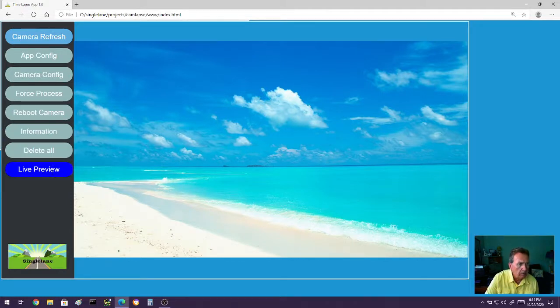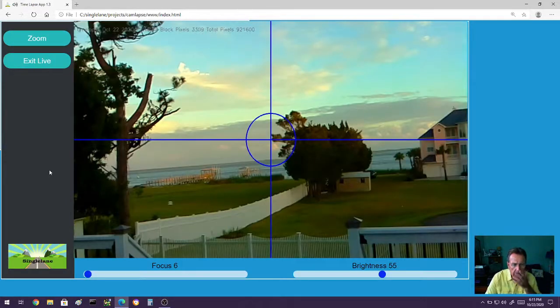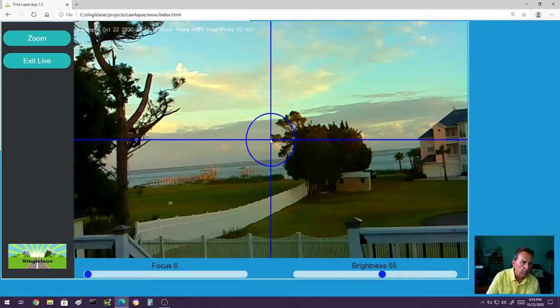Now here is the live viewer. The way this works is that the crosshair and the circle are used so that you can, say, for example, you were taking a time lapse of a flower blooming. What you'd want to do is take the crosshair and the circle and position it someplace that's fixed, like the edge of the flower pot, or you could put a push pin in the wall or something like that, because for the flower to bloom is going to take many days, many weeks, I don't know how long, but anyways, you have